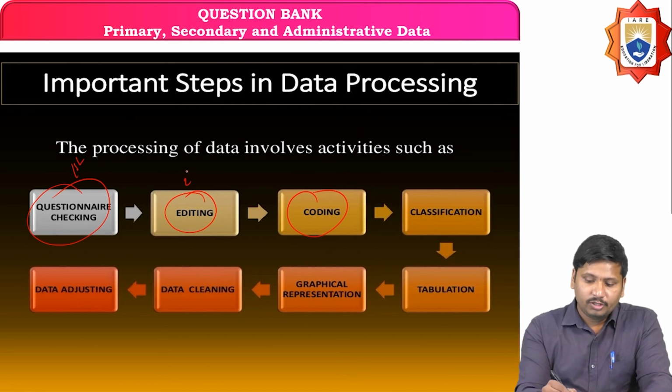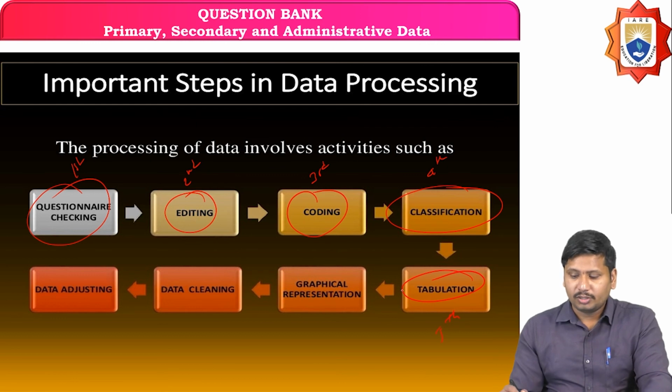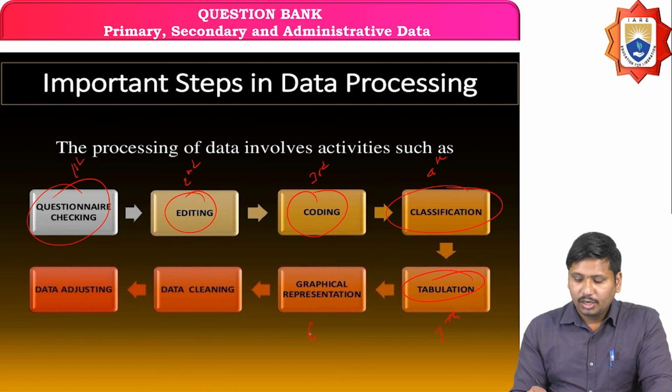Next one will be classification. Once the coding is done, you have to go for the classification. Once the classification is done, you go for tabulation, the fifth step here. Once the tabulation is done, you go for the graphical presentation, the sixth one,